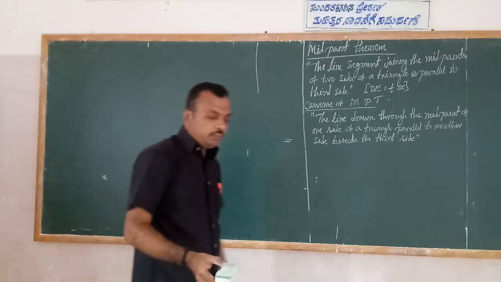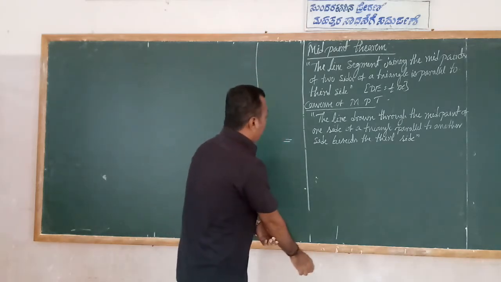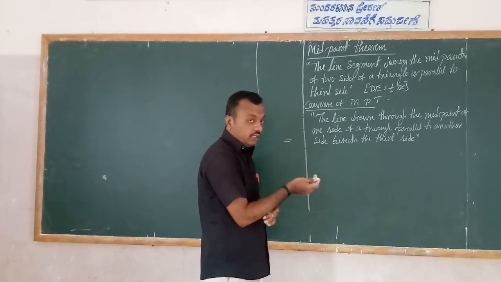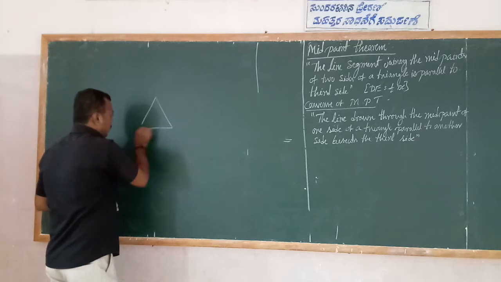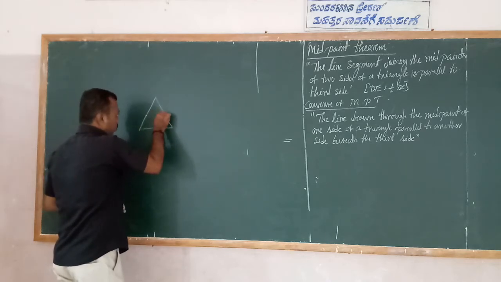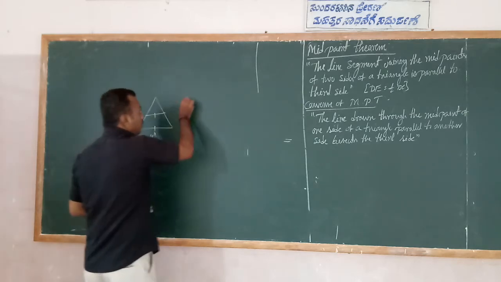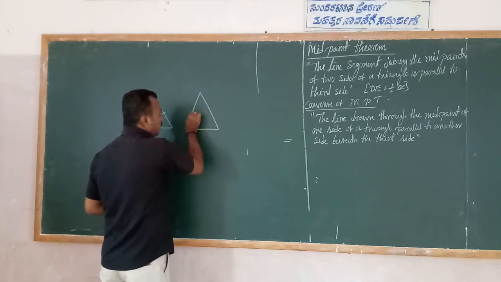See, the converse of the midpoint theorem. The line drawn through the midpoint of one side of a triangle parallel to another side bisects the third side. It is the reverse. Now the midpoint theorem goes like this: see, these are the two midpoints. If you join these two, this line is parallel. Correct? So what does the converse, the reverse, say? In any triangle, you can take any one side